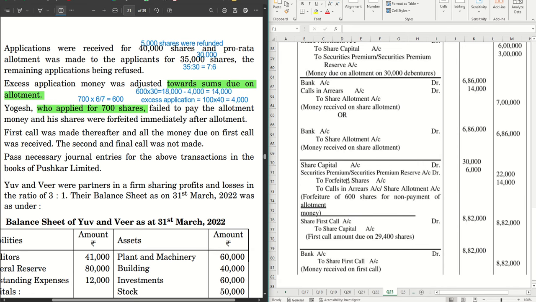जितना प्रीमियम हमें नहीं मिला है। ओके, एप्लीकेशन में जो प्रीमियम थे 10 रुपए करके वो मिल चुके हैं क्योंकि एप्लीकेशन मनी मिल चुका है, लेकिन अलॉटमेंट में जो प्रीमियम है 10 रुपए करके 600 शेयर्स पे वो नहीं मिला है क्योंकि उसने अलॉटमेंट मनी पे नहीं किया है। प्लस ये 4,000 जो उसने एक्सेस एप्लीकेशन दिया है, ये 4,000 फेस वैल्यू में ही एडजस्ट हो जा रहा है। सो कुछ भी प्रीमियम तक स्पिल ओवर नहीं हो रहा है, इसलिए पूरा का पूरा प्रीमियम जो है 600 शेयर्स पे इंटू 10 विच इज 6,000, ये ही पूरा प्रीमियम यहाँ पे डेबिट हो जाएगा